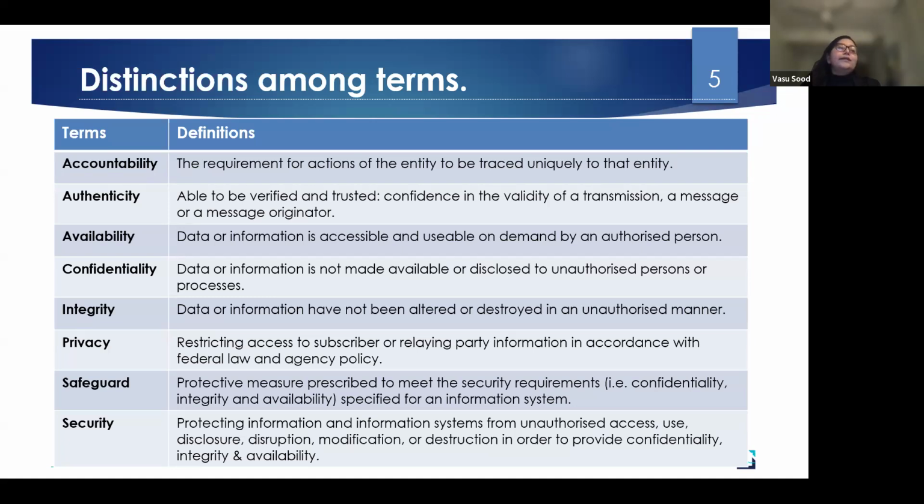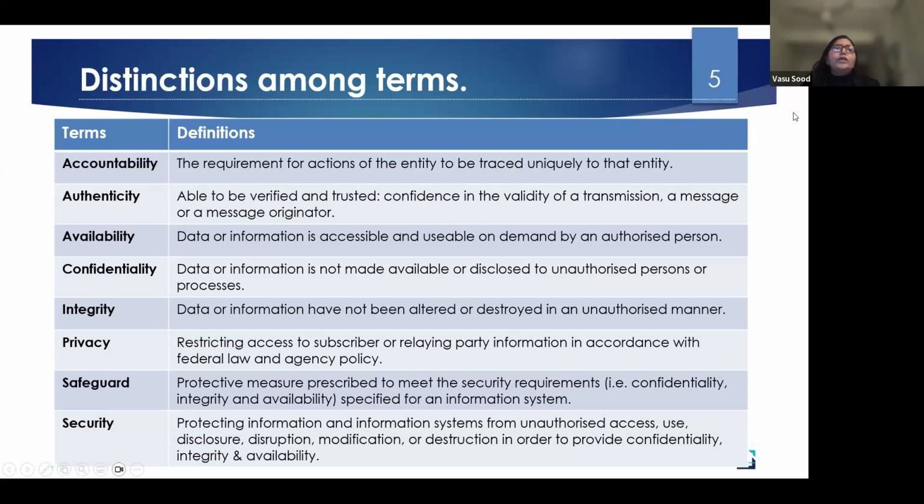So let's consider an example here. For example, privacy and confidentiality. Privacy and confidentiality rely on systems that support accountability and authenticity. The concept may be getting a little bit complicated here, so we'll try to explain with the help of an example. Imagine a telehealth platform that allows patients to consult with doctors online.